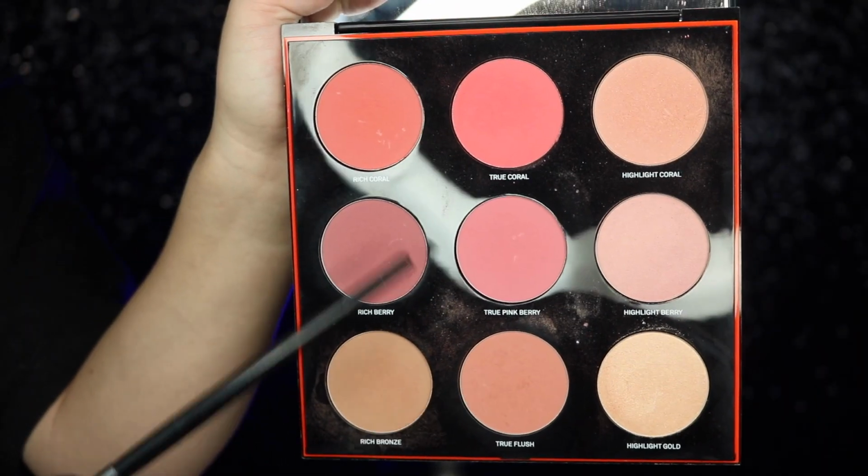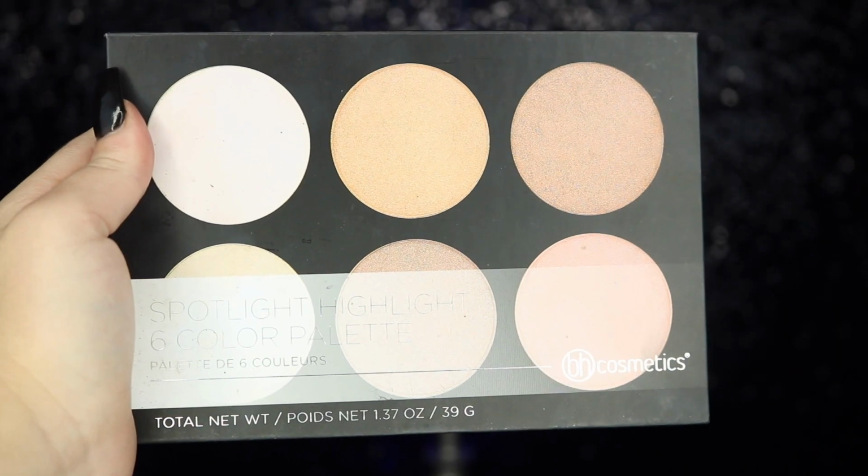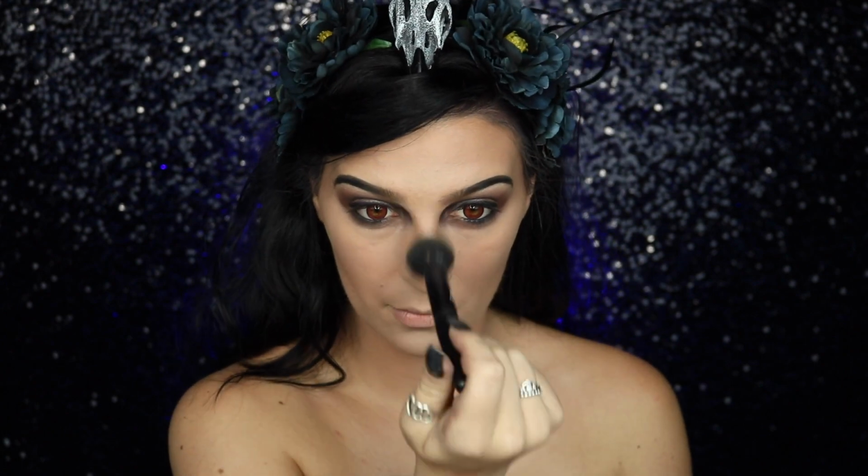I'm then taking my Smashbox palette, taking Rich Berry and True Flush, and applying that to the apples of my cheeks. I'm going to spray my face with my Morphe Continuous Setting Mist before moving on to highlight. I'm taking my BH Cosmetics Spotlight Highlight Palette, taking Glow and Dream, and just applying that to my cheekbones, my nose, my upper lip, and you want to bring it down to your chest as well, being that this is actually part of the look